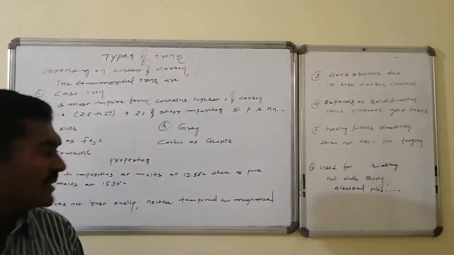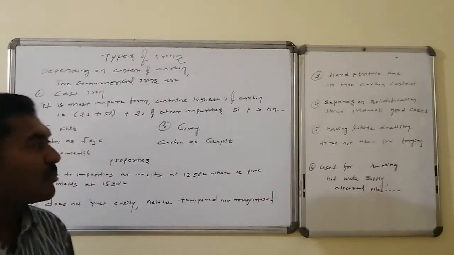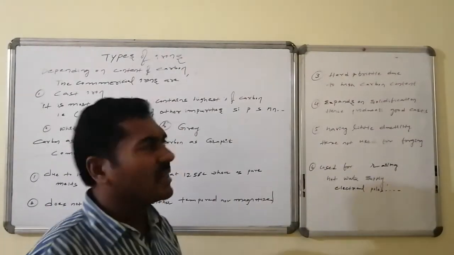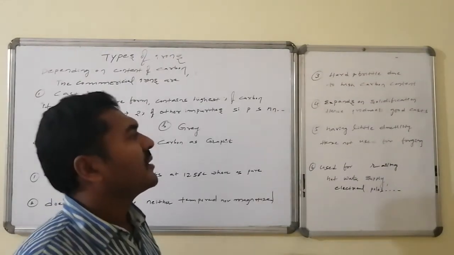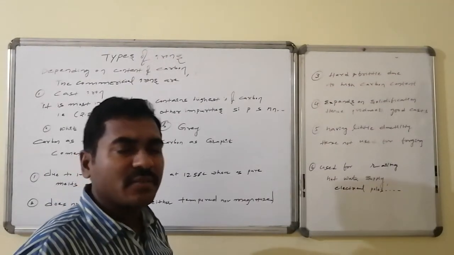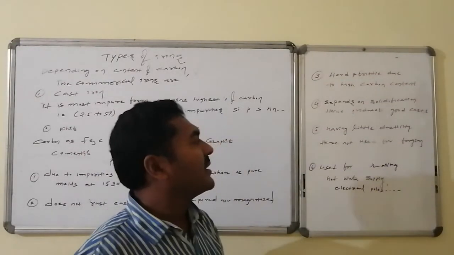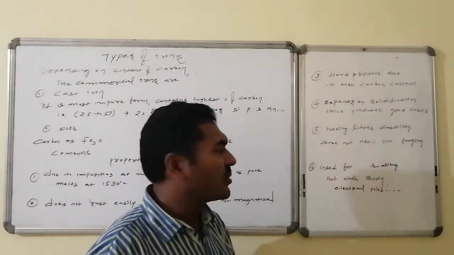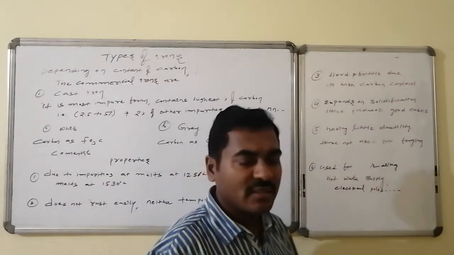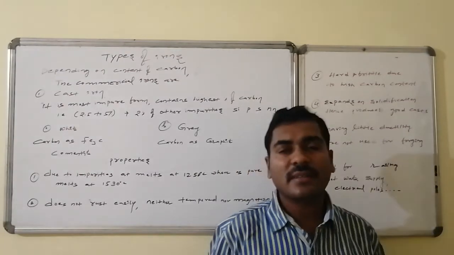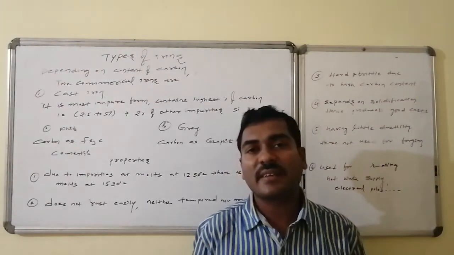It does not rust easily and it can neither be tempered nor magnetized. It is hard, brittle, having a high carbon content, and it expands on solidification. That's why it is used for preparation of many varieties of moulds. Having little ductility, it is not used for forging, whereas it is used for railways, hot water supply, where less strain is present. The electrical fault-like systems are generally made by cast iron.